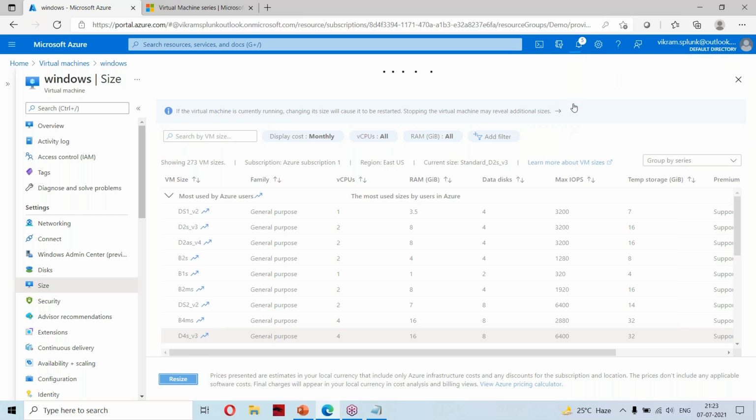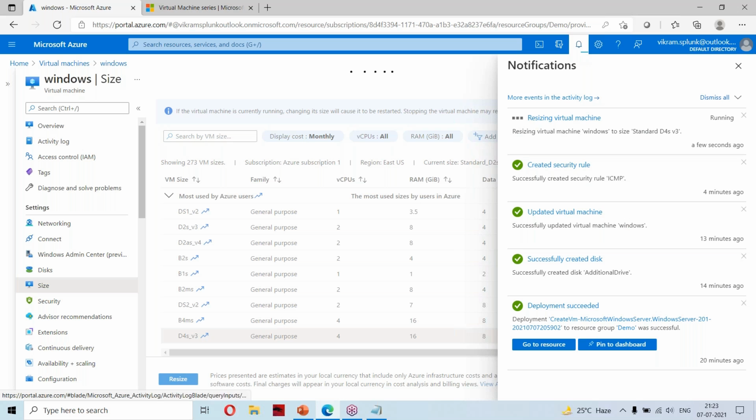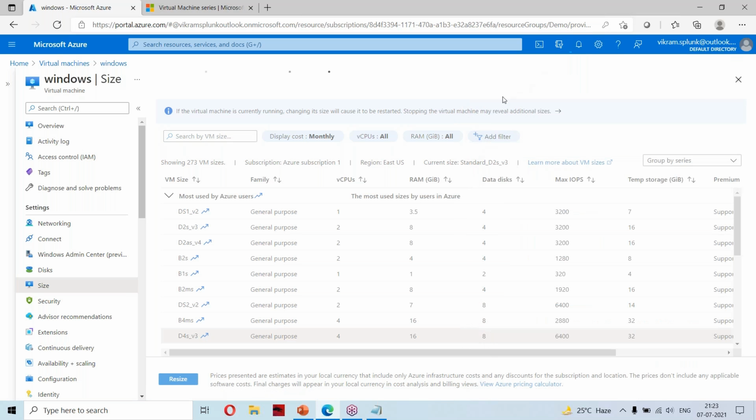Now the resize is happening. Whenever you change this, there will be some additional cost you have to bear for that particular size.